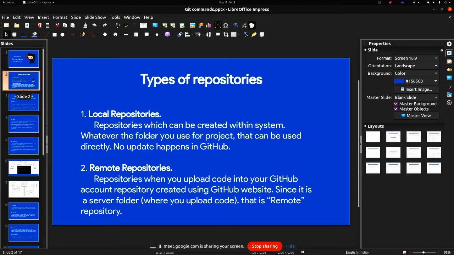In GitHub or any other place where a server manages things, there won't be any updates for a local repository, because you are just working within your computer. And a remote repository is nothing but a folder which tracks files, the same kind of repository which we create locally, but created within the server. There will be a server which is connected to your local repository, so that you could just work on it.